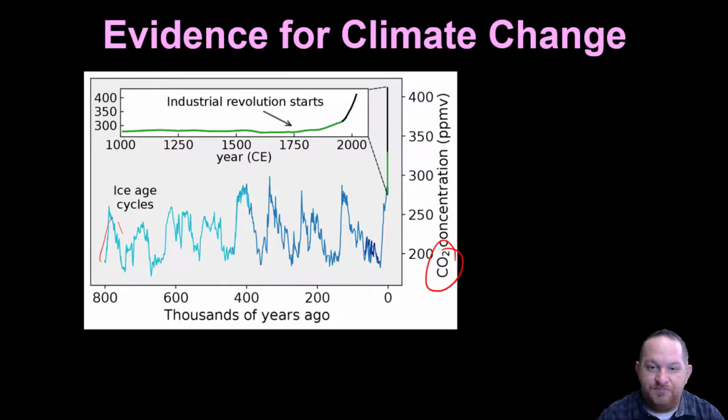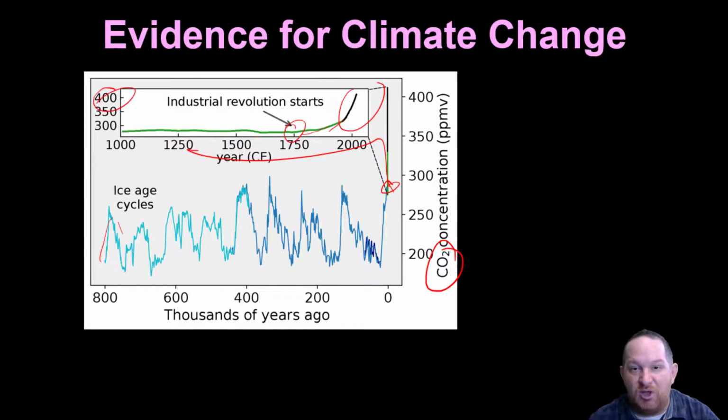Then if you look at the Industrial Revolution, so take from here, blow it up, here's what we're seeing. From the year 1,000 to 2,000, notice what gradually happens when the Industrial Revolution starts. The CO2 we're putting into our atmosphere is really starting to take off. So it is getting really high levels. The CO2 level in our atmosphere is now closer to 400, and many people think it's going to go way beyond that if we're not careful.